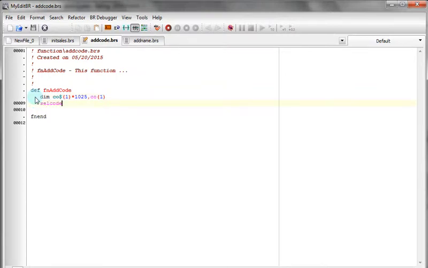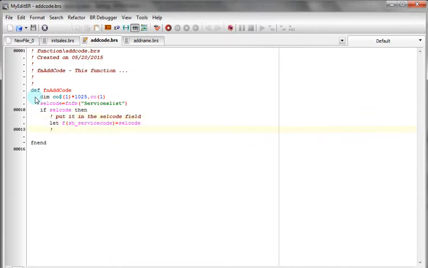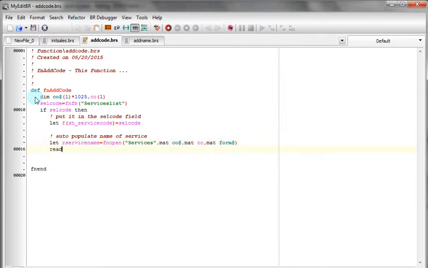Cell code equals FNFM of services list in quotes and parentheses. Cell code is a variable that we're using here in our functions, and FNFM will pull in whatever code that the user has entered into our screen. And then if cell code exists, we'll put it in the cell code field, which we do by saying let sh service code equal cell code, and then auto-populate the name of service by letting our service name equal fnopen of our services file using mac, co, and form,